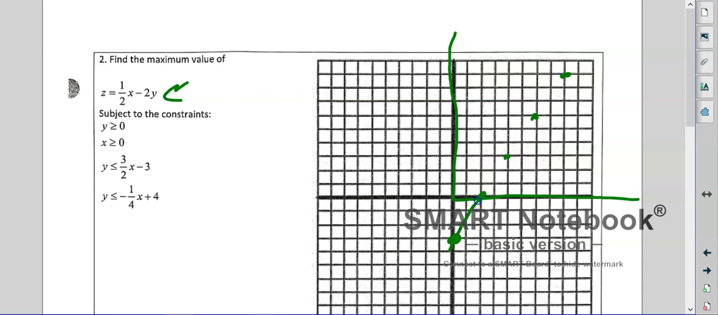And I'm going to do my best to draw a straight line here. Not bad. Now I'm going to test 0, 0. 0 is less than negative 3. That is a false statement. So I'm going to shade this way. And then